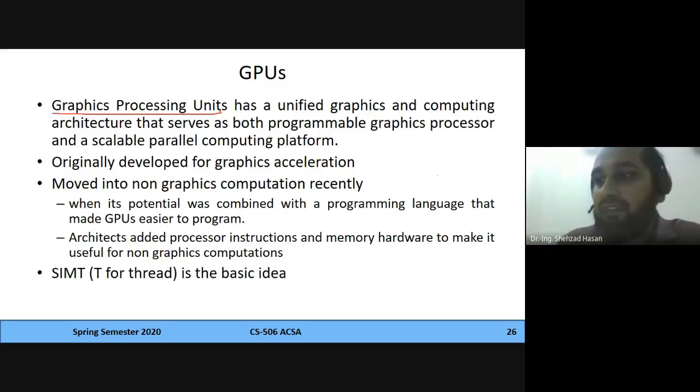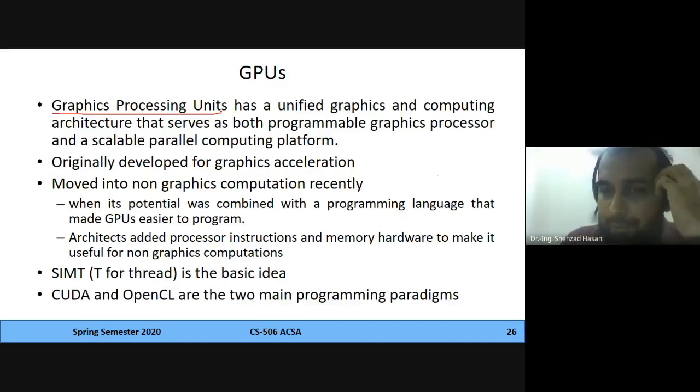So the whole idea behind GPUs is that it's called not SIMD, but single instruction multiple threads. So you're talking about threads over here, and a thread is something which can be said as having many instructions. So it's single instruction, multiple threads. Multiple threads means that a thread is going to have many operations, and each operation is going to run a single instruction. Okay. There are two different programming paradigms, CUDA and OpenCL, that are implemented these days even for writing